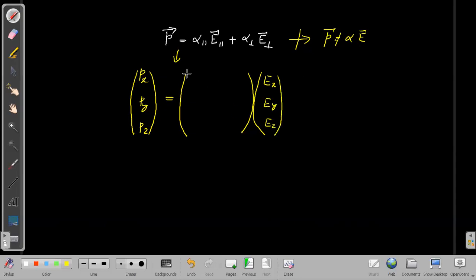This would be a square matrix containing a total of 9 components: alpha xx, xy, xz, alpha yx, yy, yz, zx, zy, zz. So this is the general expression for the relation connecting the induced dipole moment and the electric